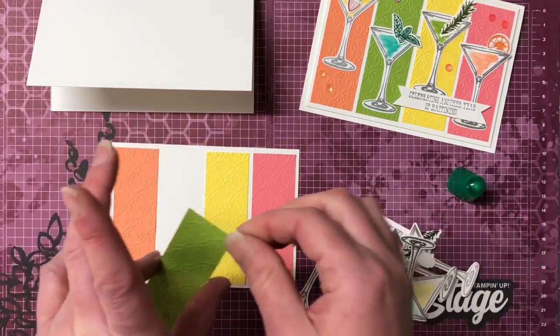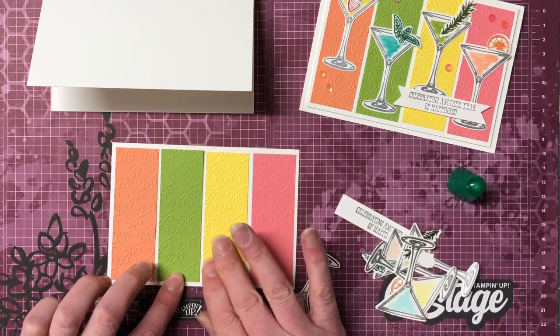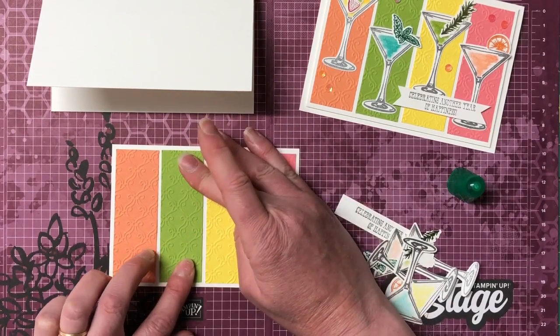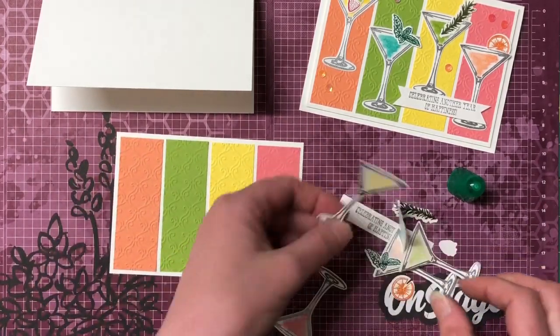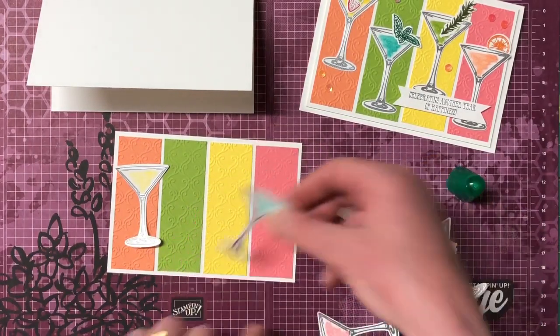And the great thing is the Tombow glue gives us a little bit of wiggle room as well. So we can move it if it needs to. That's good positioning there. Happy with that. So then we have our glasses, and I don't need one of these, but